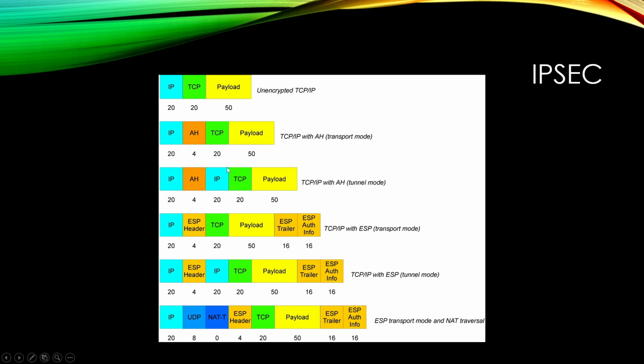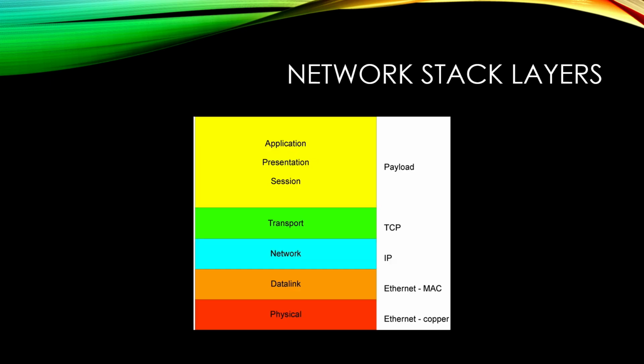And there are two ways that this can run. Now, obviously, with the so-called AH mode of IPsec, you absolutely can encrypt the rest of the payload, as you oftentimes would do, but IPsec has two modes of operation: transport mode and tunnel mode. With transport mode, you're operating at the transport layer, which is kind of strange to think about, but if we go all the way back over here, we're operating at the transport layer, which means at this dividing line between the cyan and green, or for my colorblind viewers, the network and transport layers,